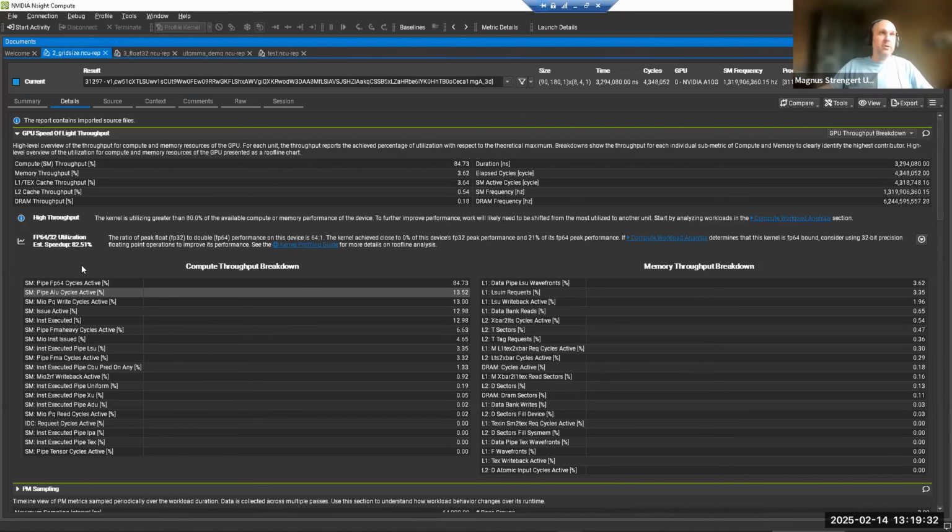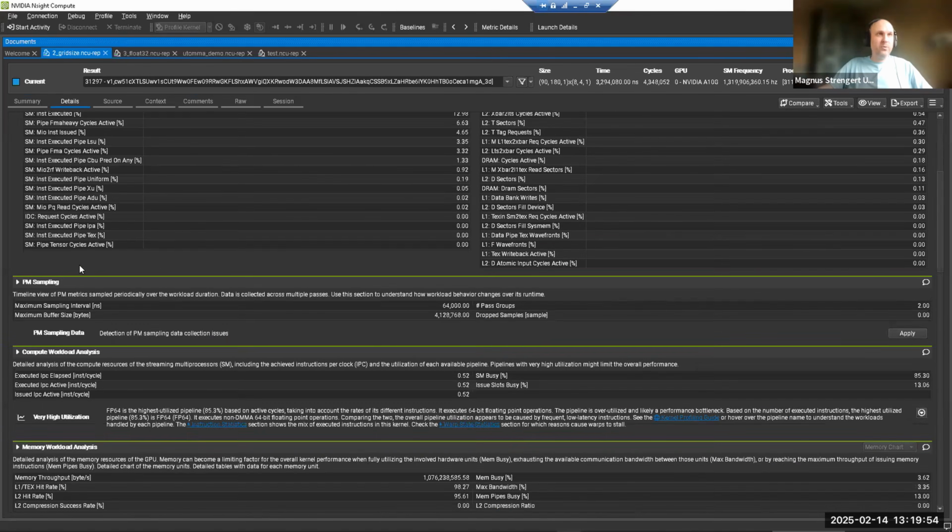And the question is, how do we move things away from this pipeline? We could look in the direction of, do we have to do this in 64-bit precision? Do we even intend it to be done at that level of precision? Is it needed? Can we emulate something? Can we use other tricks to move certain instructions to other pipelines? And as we go through this,